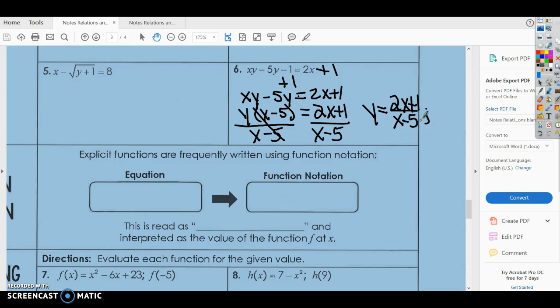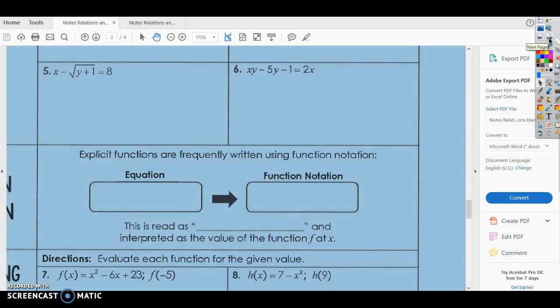All right, you're going to graph this. You're going to see that that's a rational expression later in the year. Right now, you're just going to look at it, see that it passes the vertical line test, and say, yes, it is a function because it passes the vertical line test. All right, let's look at